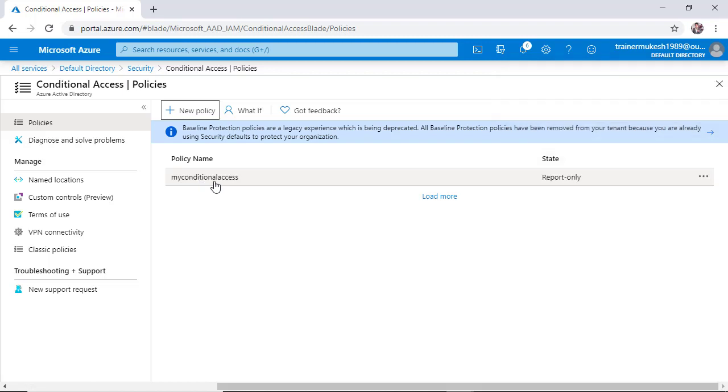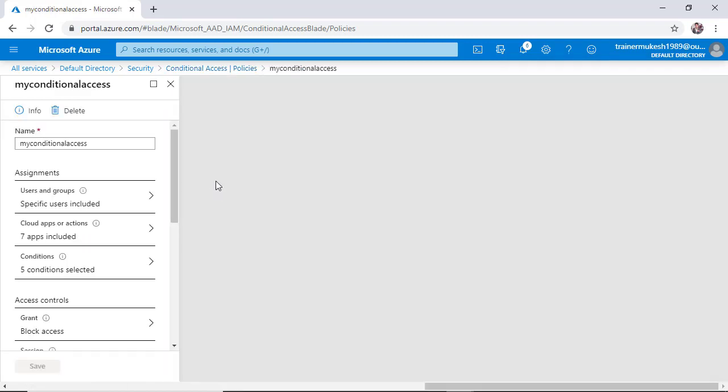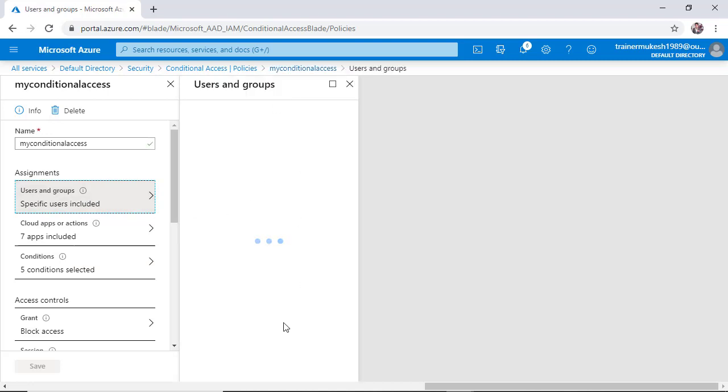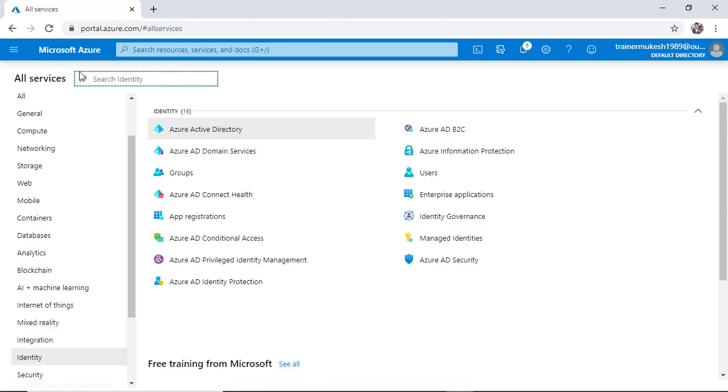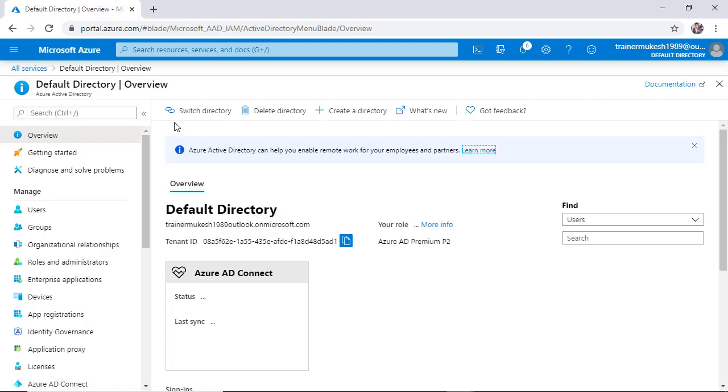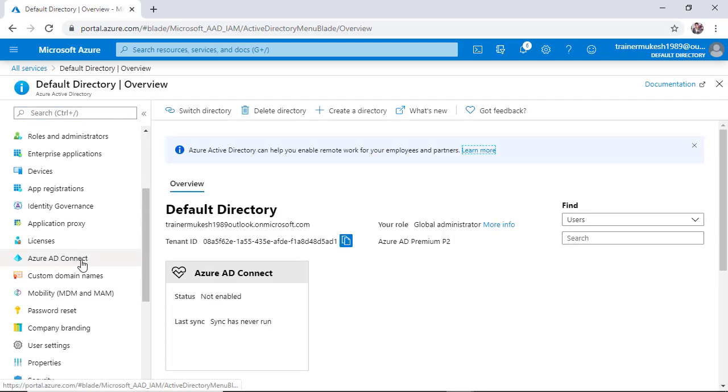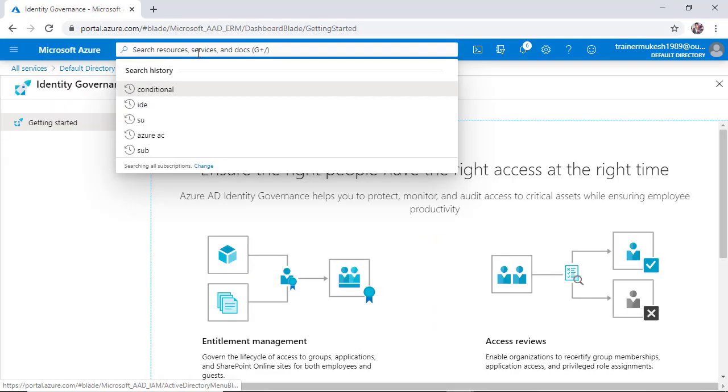This is my conditional access policy over here. Later on you can edit if you want to add multiple users. If those users do not follow the criteria, those conditions, definitely what you're gonna see, you're gonna find here Azure Active Directory, and one second.